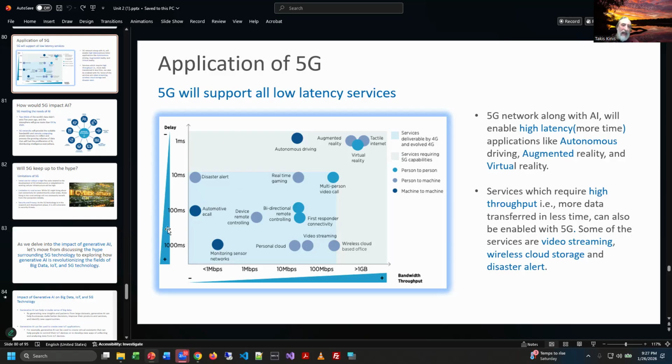So when we look at latency, 1,000 milliseconds is one whole second. Doesn't seem like a lot of time, but if you're driving a car and you're about to get in an accident, a lot can happen in a second. Split second timing is important. And so they show you all the things that are possible when the latency is removed or minimized, right?